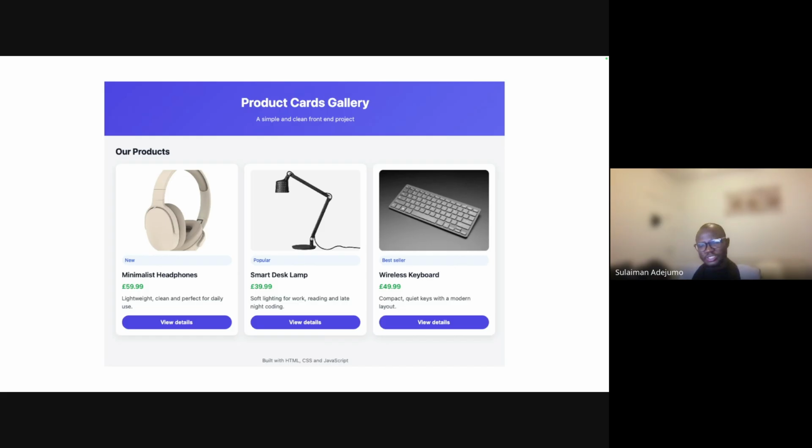So this output is a great example of what beginners can achieve with simple, clean code. You don't need complex frameworks or advanced tools to build something like this. The goal is not to create something complicated, but to focus on clear structure, good organization, and understanding how the